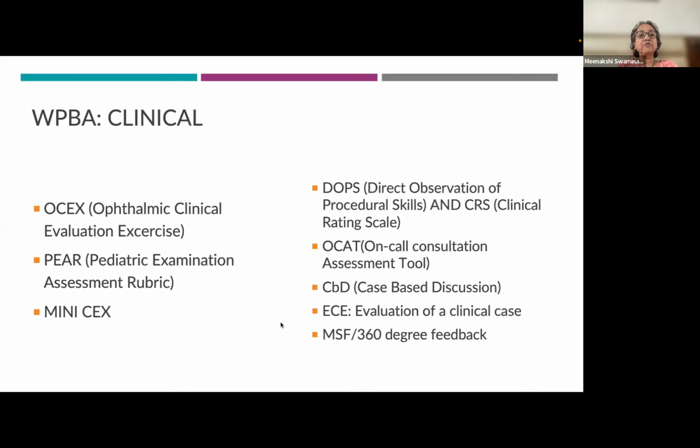When we talk of workplace-based assessment, where you do direct observation, then the OCEX, the Ophthalmic Clinical Evaluation Exercise, is up there among the WPBAs. The OSCEs are more a summative type of test, used in summative assessments. This distinction will become more clear as we talk more about clinical skills